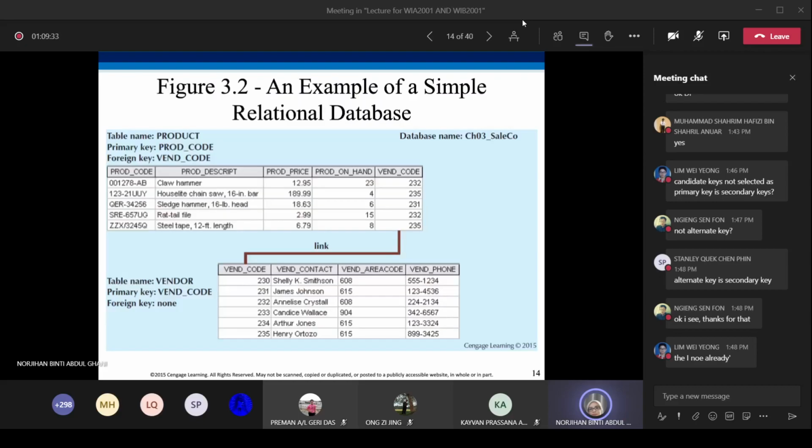Vendor code is the primary key for vendor, and it exists as a foreign key in the product table.